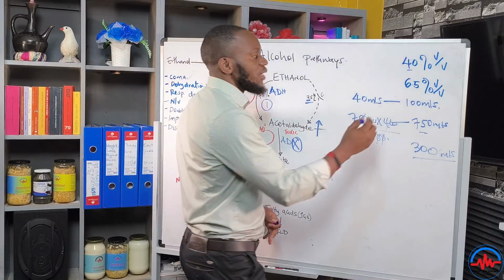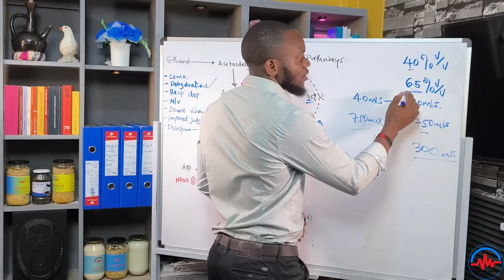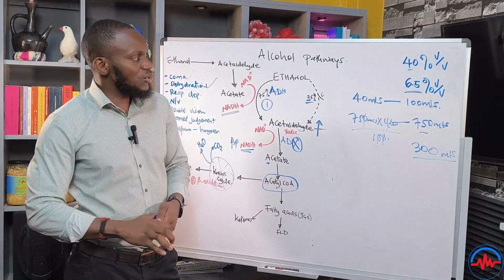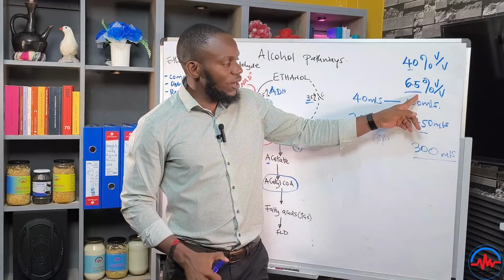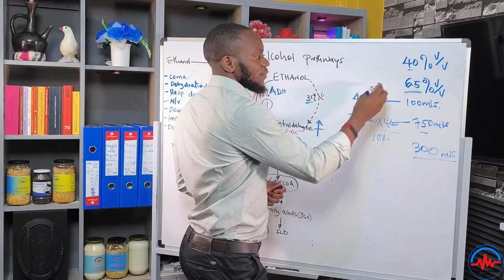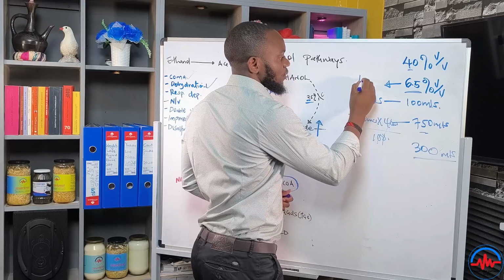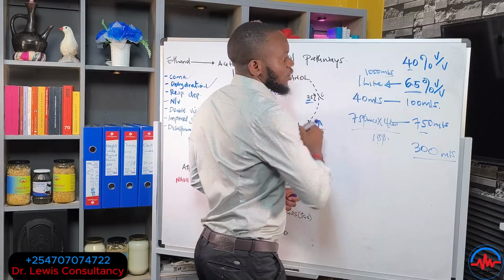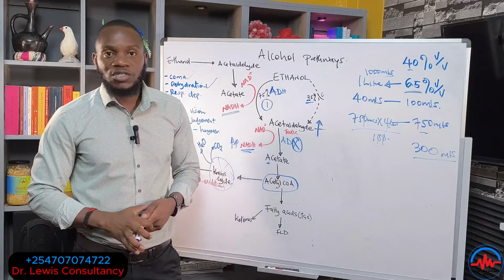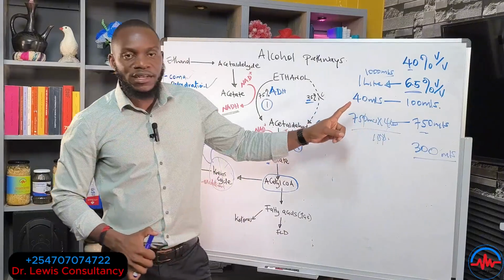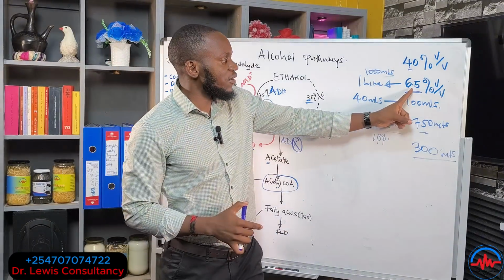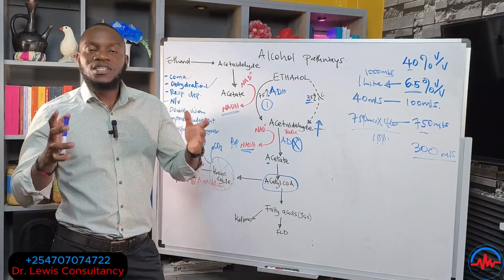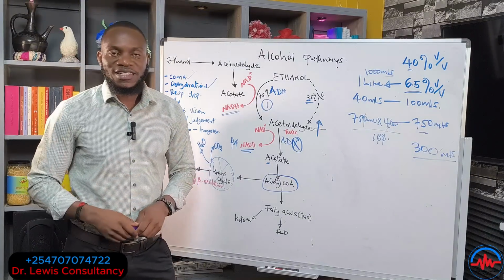Now, for the lovers of beer or wine, 6.5% volume over volume. I want you to calculate and show us in the comment section the answer to how much alcohol you have taken in 1 liter. So let's say this is 1 liter, which is 1000 mLs. I want you to calculate and tell us in the comment section if you've understood it. How much alcohol have you taken if the bottle is labeled 6.5% volume over volume and the bottle is 1 liter? How much alcohol have you taken in the system? We are waiting for that answer in the comment section.